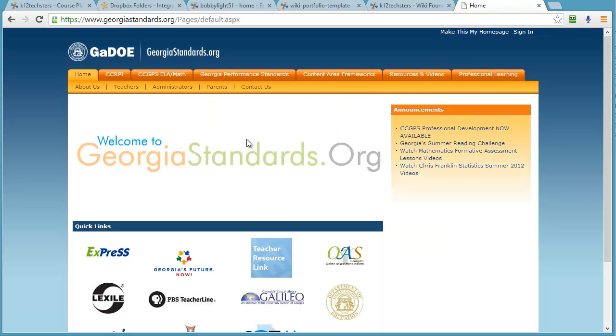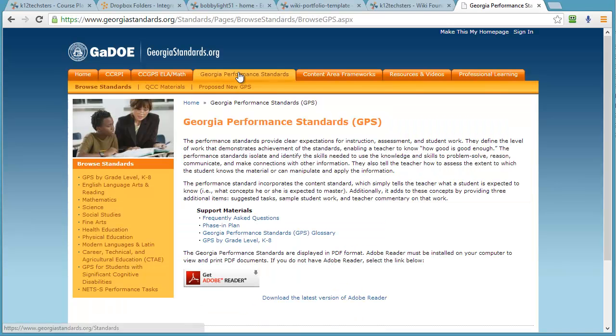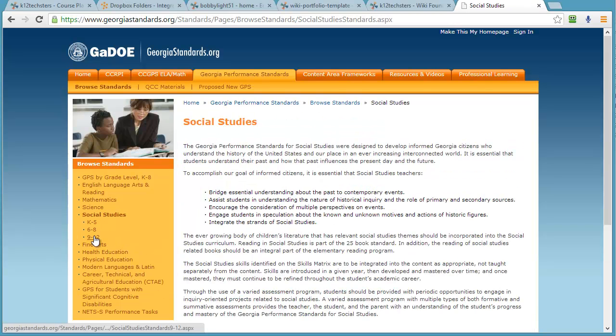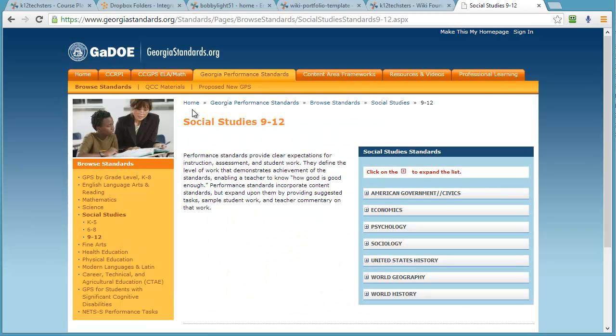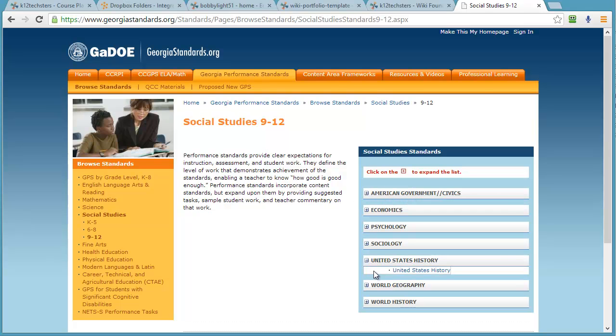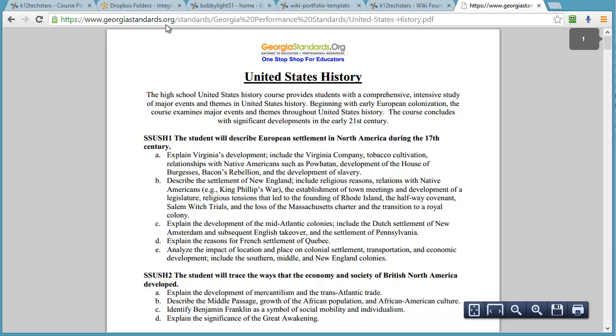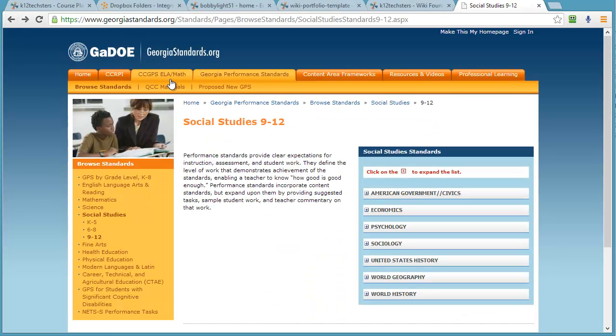So your American history. I'm looking at Social Studies, 9 through 12. Now I'm just going to link to this level. We could drill down, like there's U.S. history right there, U.S. history. Well, I'll go ahead and drill down. Okay, but you can link to this page level right here, the Social Studies 9 through 12, because even though